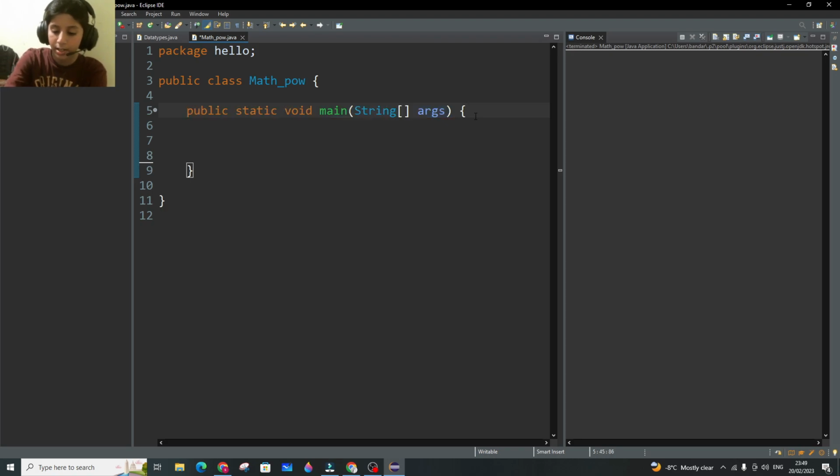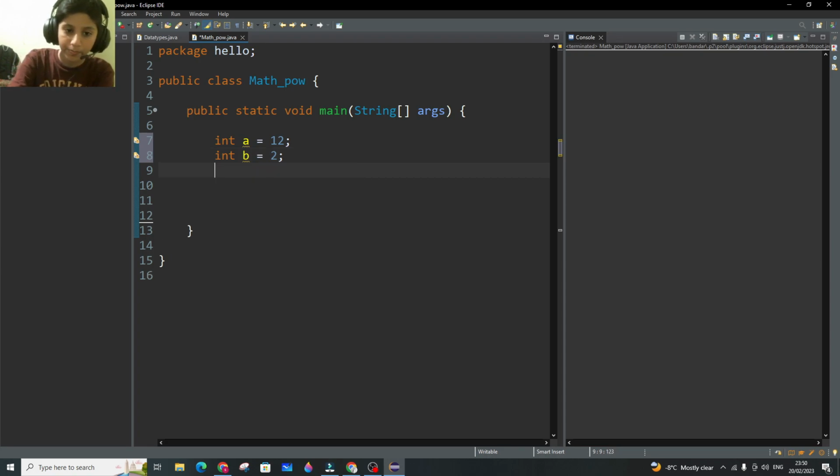Okay, so first of all, we'll start by writing int a, or any variable name, equals 12, and then we'll write another variable, which is going to be our second variable. int b equals 2, and then we're going to write